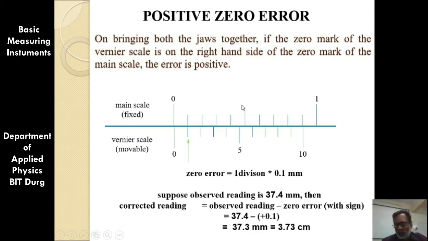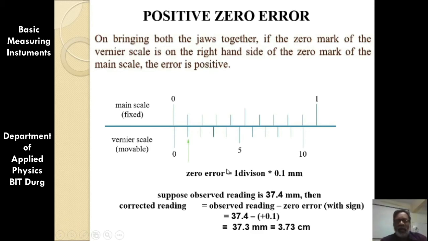Obviously, the first task is to find the least count or the vernier constant. You can see from 0 to 1 centimeter is divided into 10 divisions. So obviously, one division's length is going to be equal to 0.1 mm. And the total number of divisions on the vernier is only 10. So the least count is going to be equal to 1 mm divided by 10, that is 0.1 mm or 0.01 centimeter. So this is the least count.